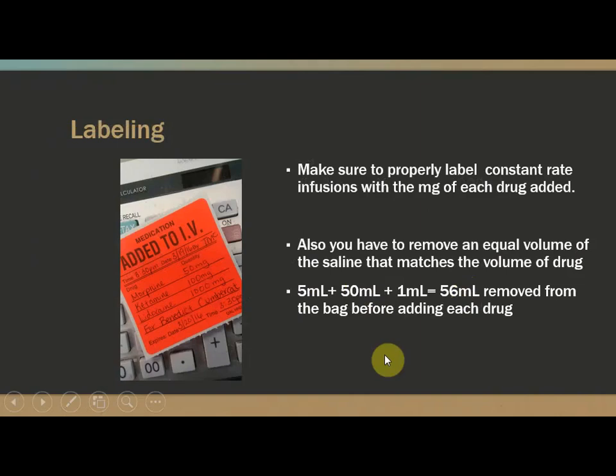So in order to keep my math correct, 1,000, right? I don't want to be 1,056. In order to keep my math correct, you need to take away 56 mLs because I'm going to be putting in 56 mLs to make the 1,000. Does that make sense? So just make sure that whatever volume you're going to be adding in, take it away